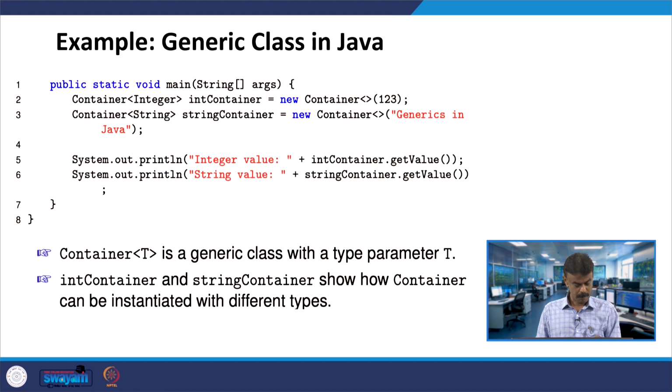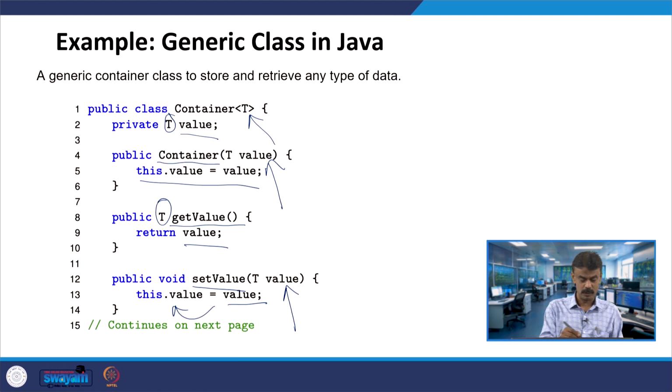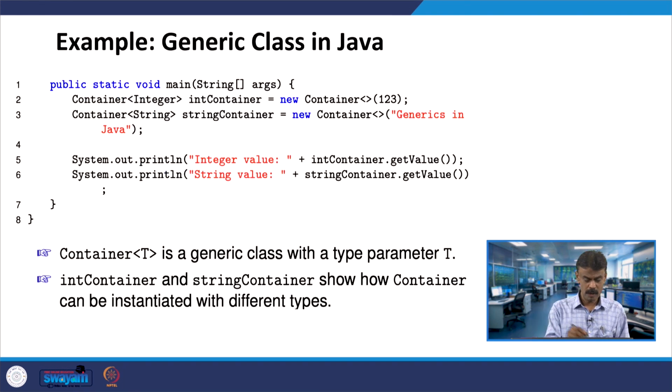You have the main method here, so Container is your driver class. In main, I am creating an object, intContainer, an Integer container, and allocating memory. Then you call the constructor of class Container using the generic syntax, passing 123.